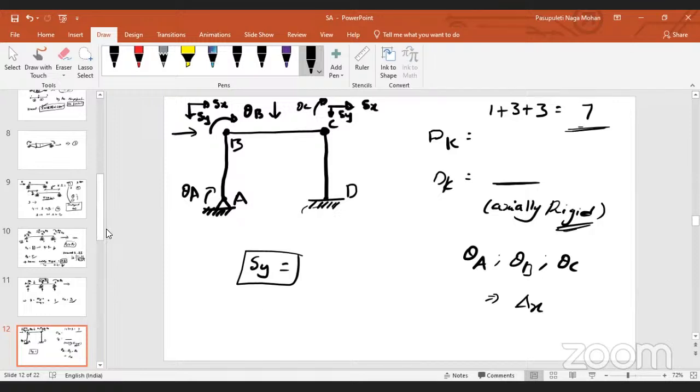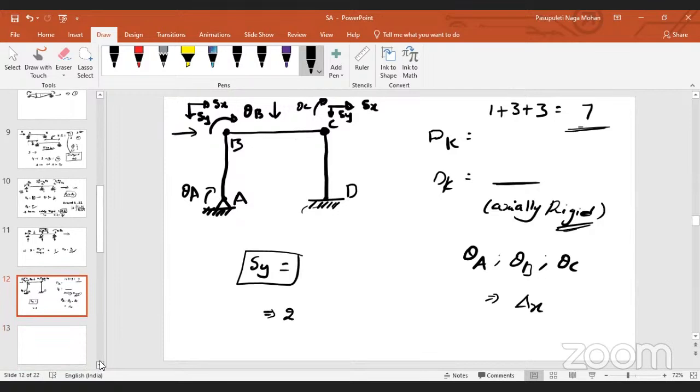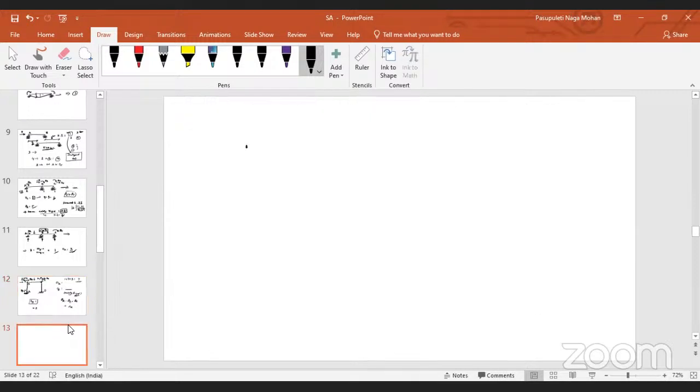What are those 2? Sir, theta A, theta B, theta C, same only. How come they are the same? Same rotation? No. They won't be. They will be different, obviously. And those who gave the correct answer for this, what I am expecting from them is